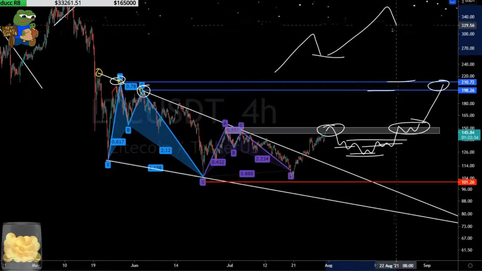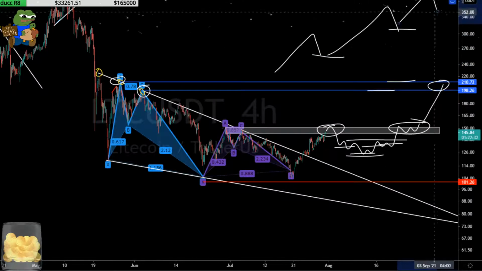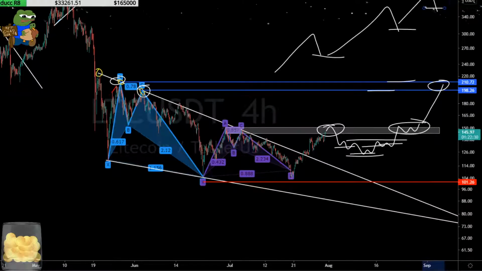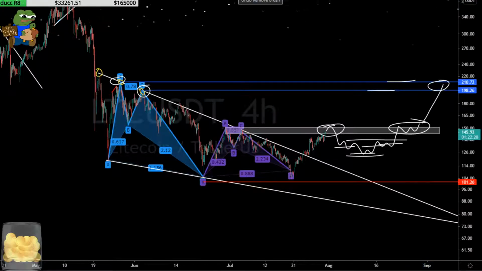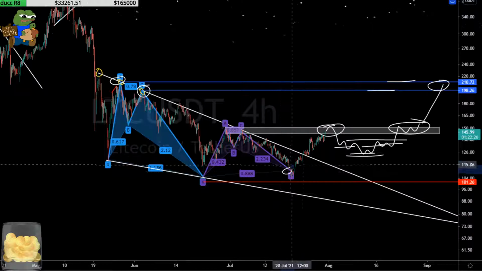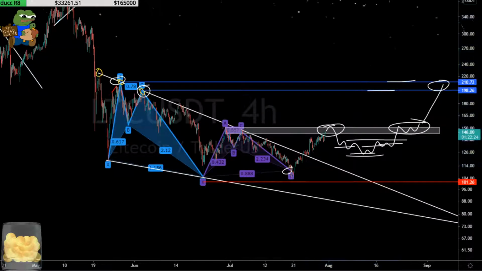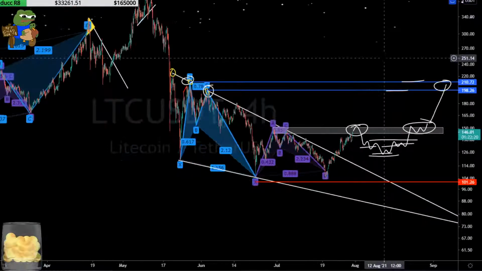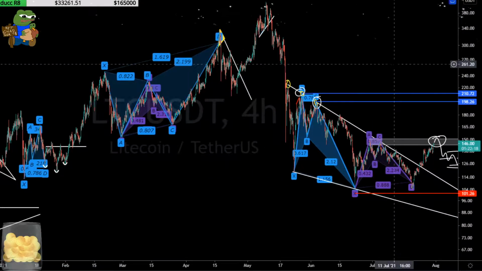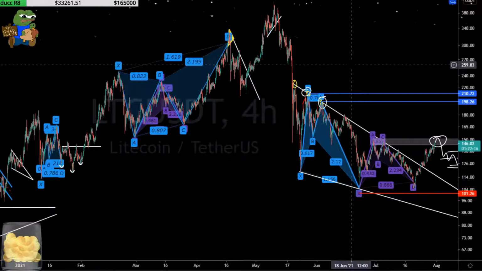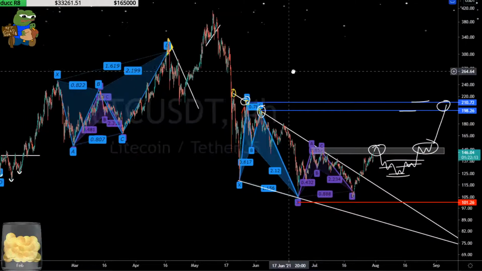You have a pullback, you buy it. You could continue to milk the position on the way up. Or you could just hold it. It's up to you, whatever floats your boat. But I know there's two types of traders in here, and each one of you wants to kind of see.